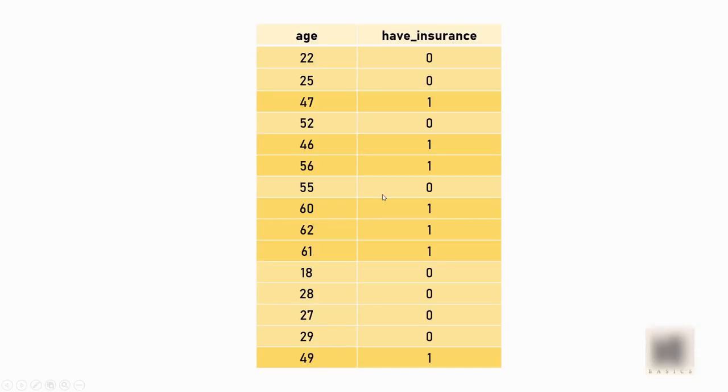Now here you can see some patterns, such as young people don't buy the insurance too much. You can see persons with ages like 22, 25, where 0 means they didn't buy the insurance. Whereas as the person's age increases, he's more likely to buy the insurance.